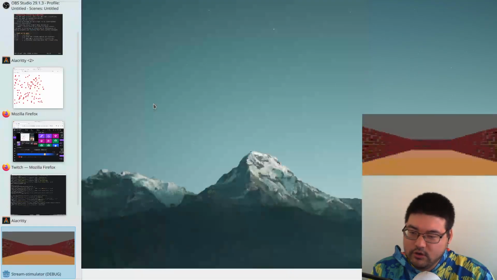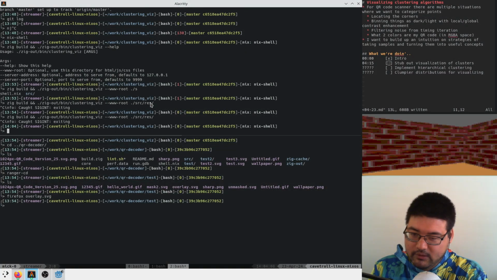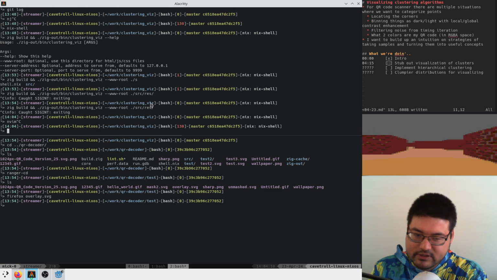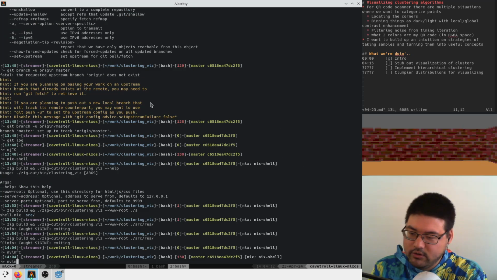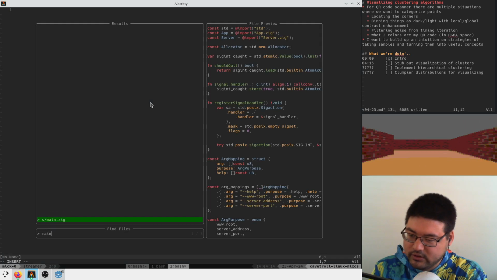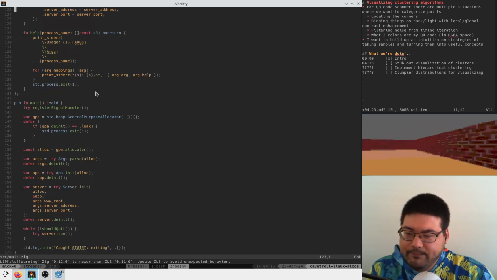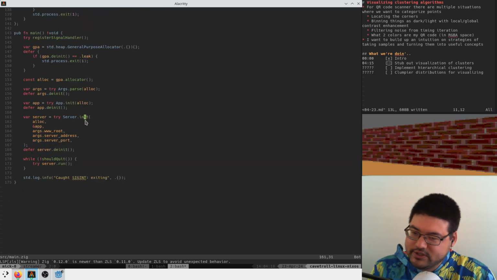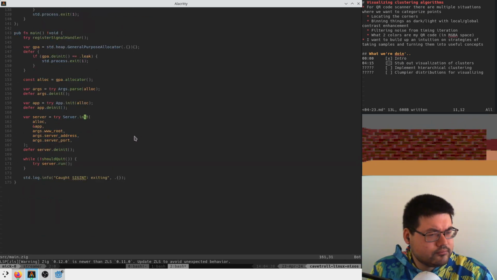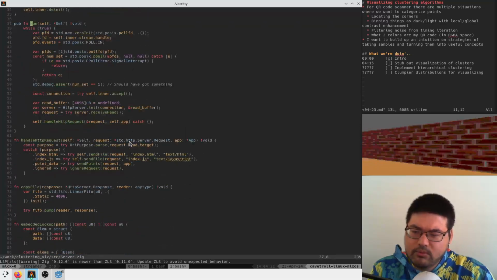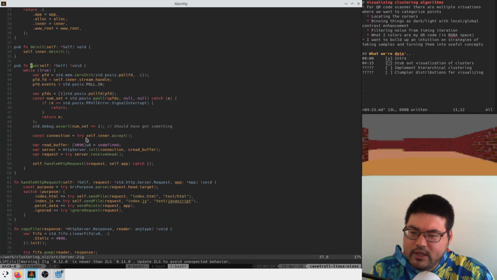Okay. So I did a little bit of cleanup yesterday and updated to Zig 0.12.0. So if you were here yesterday, things will look a little different, but it's not too bad. It's all the same code, just shuffled around a little bit. Okay, so probably right now we